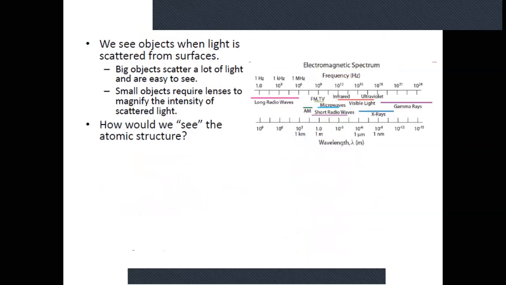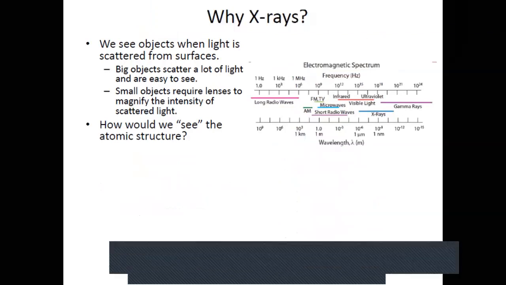So why do we use X-rays? Because if we remember when we talked about unit cells or crystals, they contain very small diffraction gradients. And the only way to penetrate these small spaces between the planes of atoms in the crystal is by using a type of, I guess you could call it light or electromagnetic radiation that can penetrate it, would be X-rays, because it's small enough wavelength that it can penetrate between the different spaces between the atomic planes in